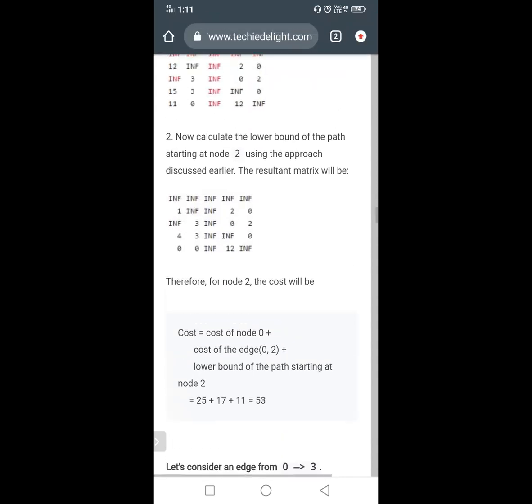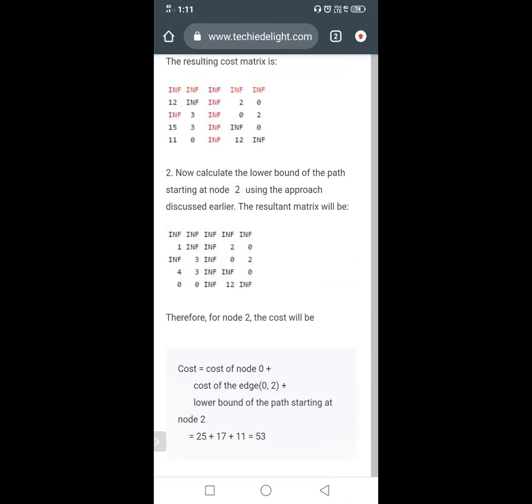So here we get the 11. Okay, here I am considering this one. In this, the minimum is 11. In this, the minimum is 0, in this the minimum is 0, in this the minimum is 0. So the total minimum is 11. So we get 11 here. Okay, understand?